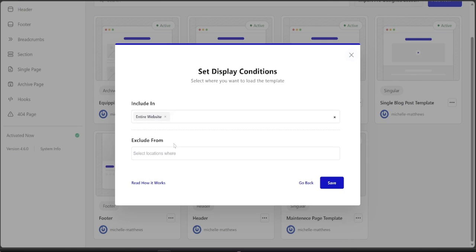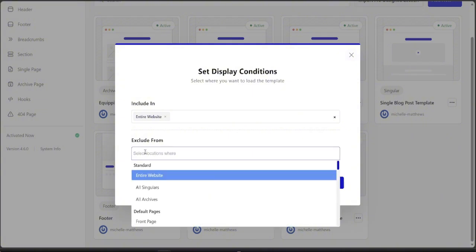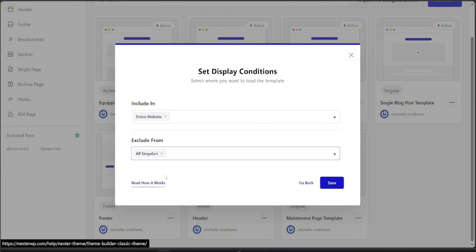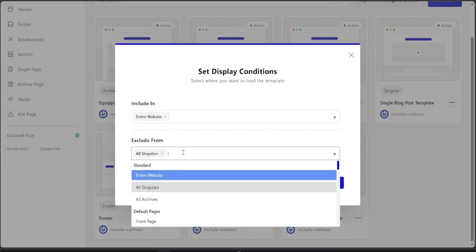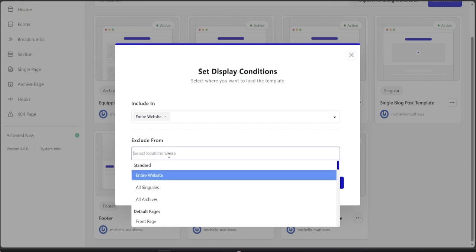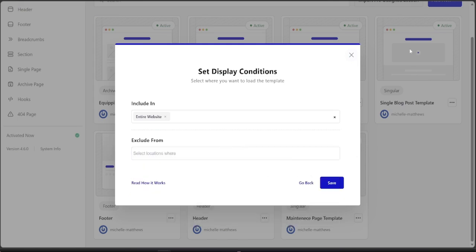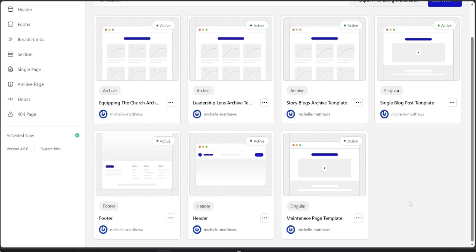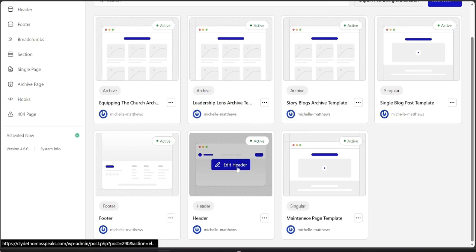But let's say you make a new page on your website and you want to exclude that page. You can just come here, click exclude, click on all singulars, and then you can choose anything else that you want, or you can choose the front page. It's totally up to you. But I'm going to keep it at that because I do just want this header to be on the entire website. So like I said, if you want to go in and you want to actually edit it,